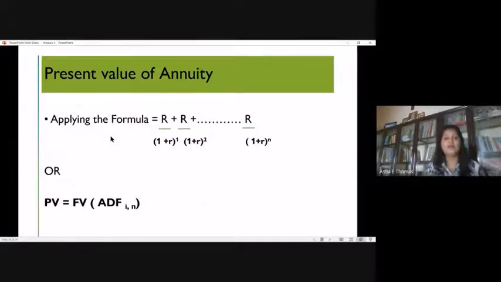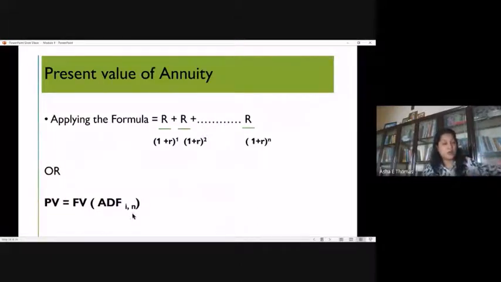That's why I will, at a later stage, show you how to do that in Excel. And then the second method you can use is to multiply that with the annuity discount factor from the annuity table, which you get in case of even cash inflows. You have the ADF table in your log. From that, you have to look up the interest rate and for how many years. Suppose my annuity is for 5 years, I have to check 5 years.